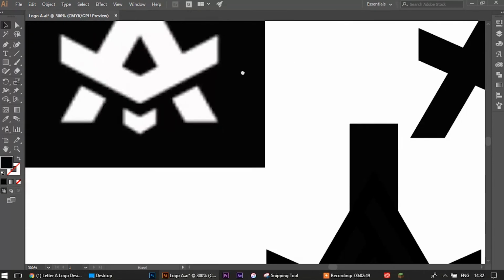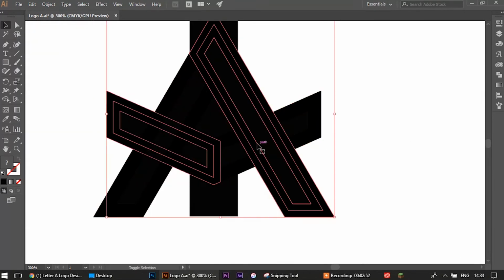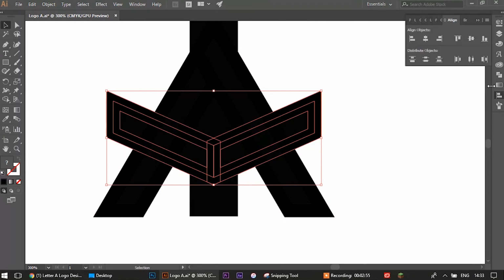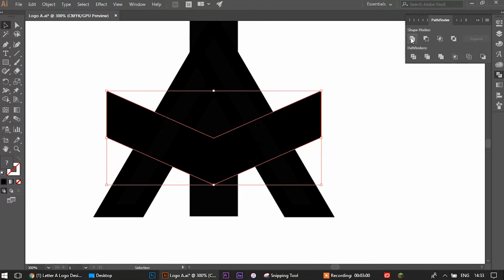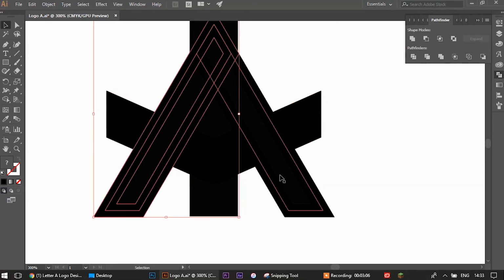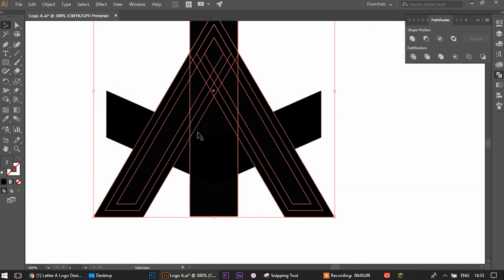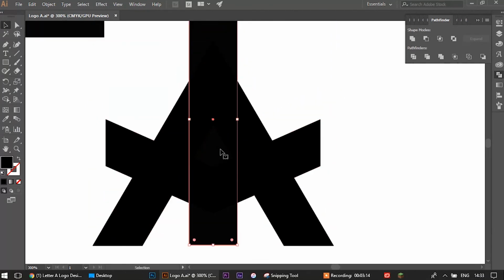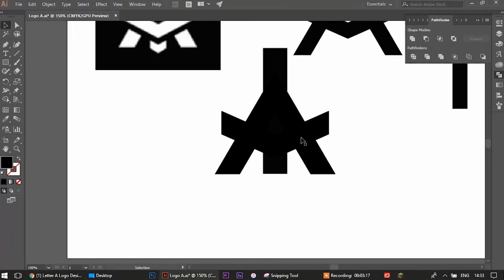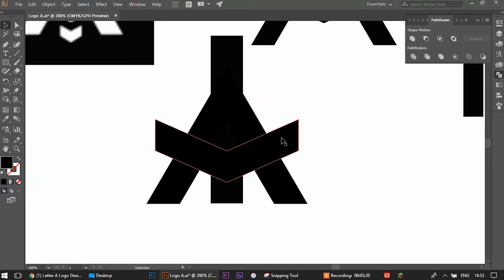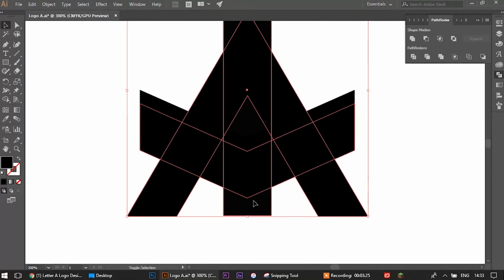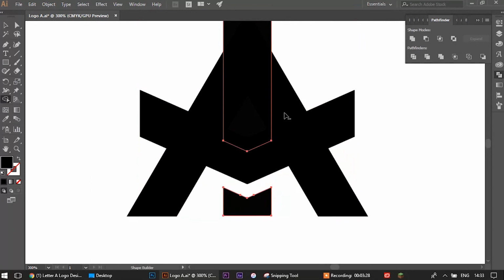You see how there's like a line here? That's easy. All you have to do is I'm going to highlight these two. I'm going to go on to my Pathfinder tool, and you want to click this, and what that does is just makes a whole one shape. So all of this, it just cleans it up in one whole shape, and that's what I wanted. I'm going to do the same for these two, and then this one. Yeah, that's it. So I'm just going on the Pathfinder, I'm making it so it's one whole shape here, and then I'm going to hold Alt, drag this down a bit so it copies it, select my shapes, and shape builder tool that away,